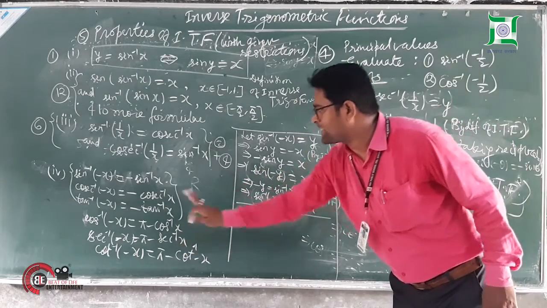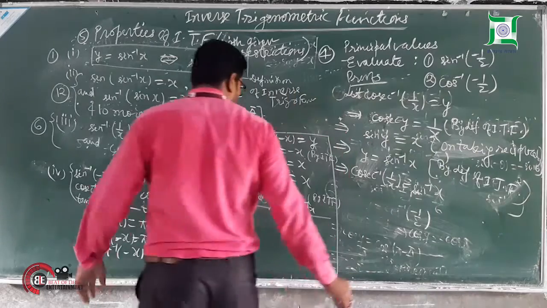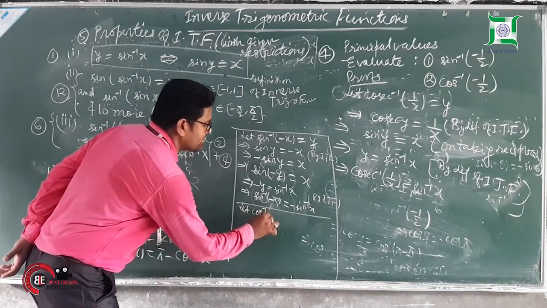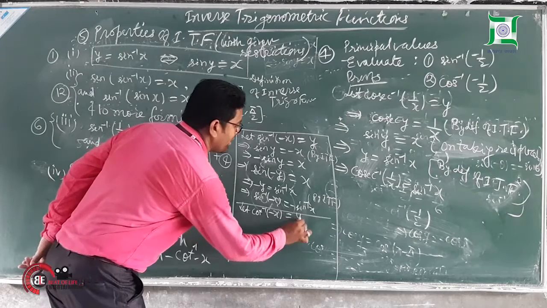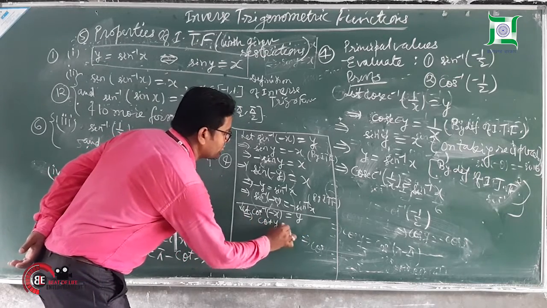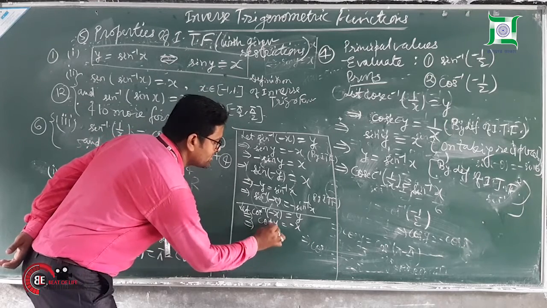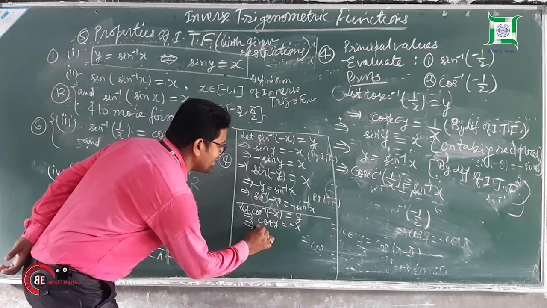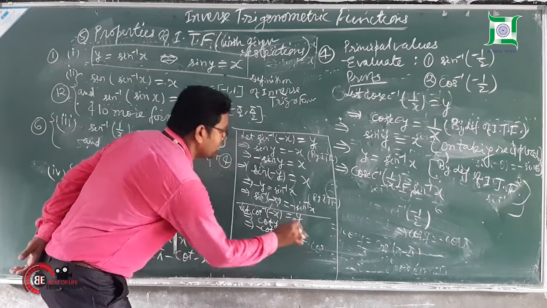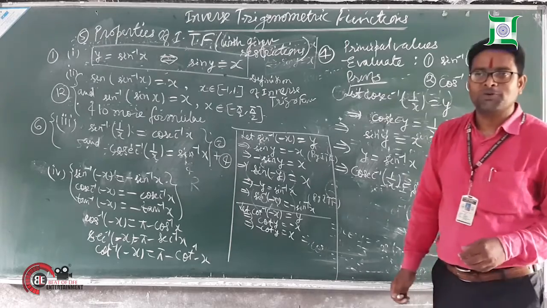Of the three, I am taking any one. Let us take cot inverse. Now see, let cot inverse minus x be equal to y. Again by definition, can I write cot y is equal to minus x. Again I can write it as minus cot y is equal to x. Now you will think, sir, cot minus theta is also minus cot theta.